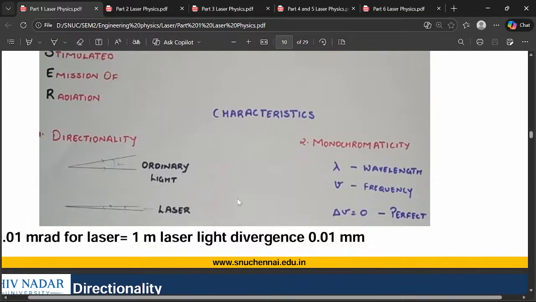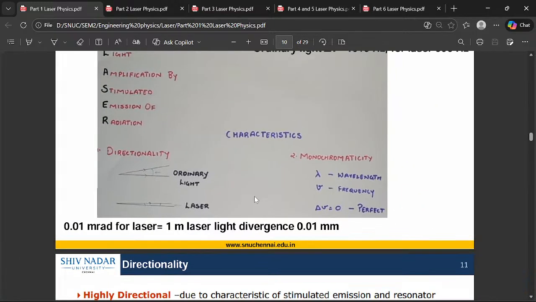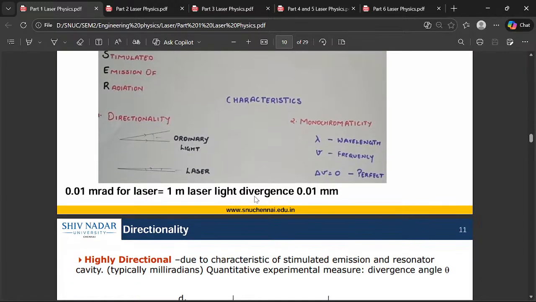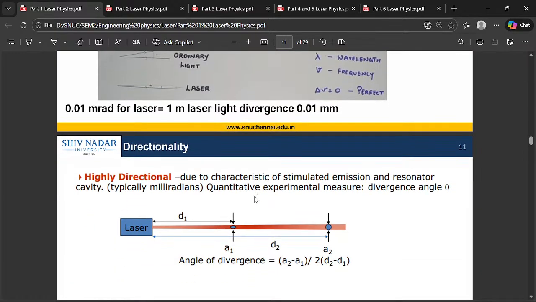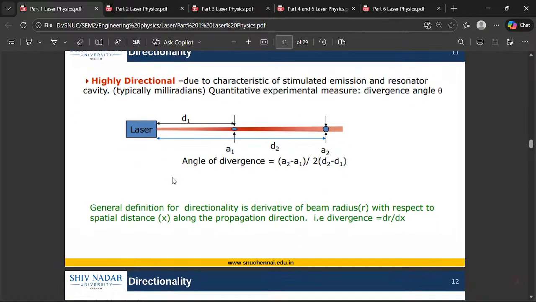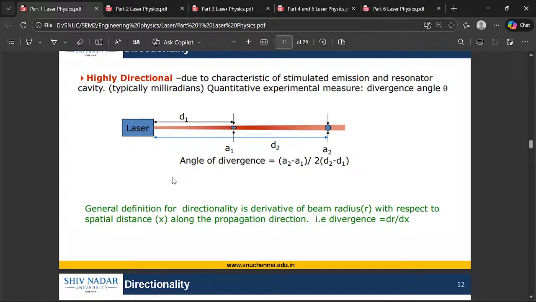Okay. Then in monochromaticity, the delta V, the change in the frequency of that laser is almost zero. So the light coming out of the laser contains only one wavelength of light, and so that's why it is monochromatic, highly directional. It is due to the characteristics of the stimulated emission and because of the cavity from which the lasing